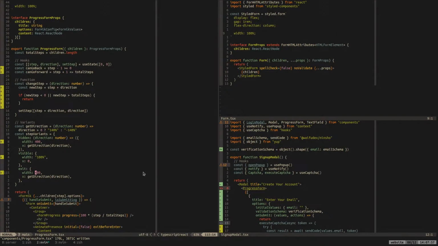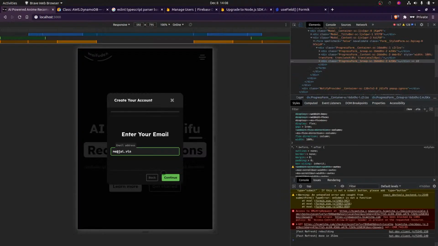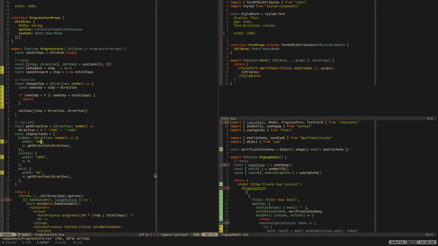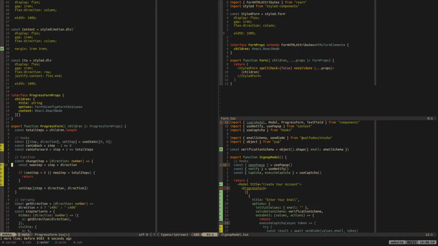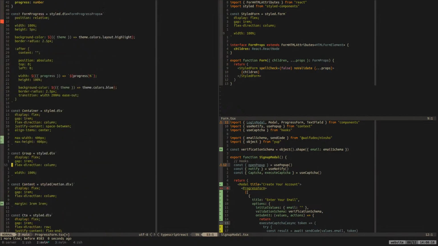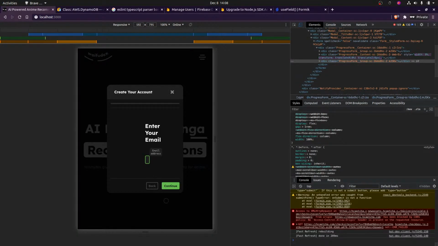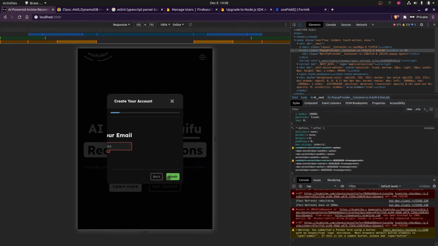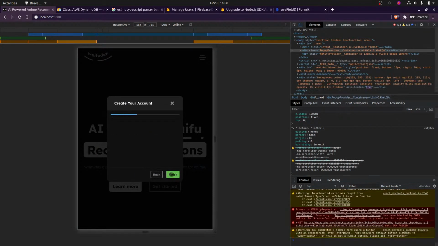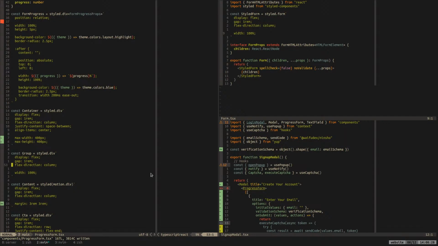So it's basically not animating. Yep, nope, let's not do that. Let's try to fix this. It's subtly changing, which is not good.